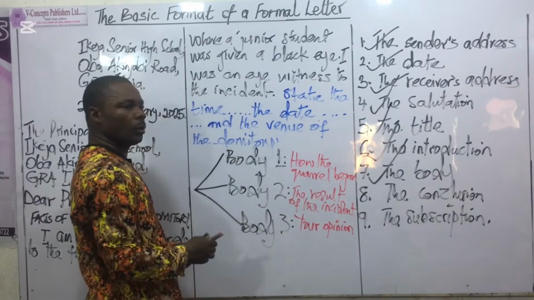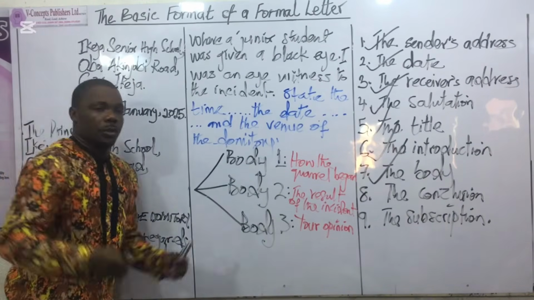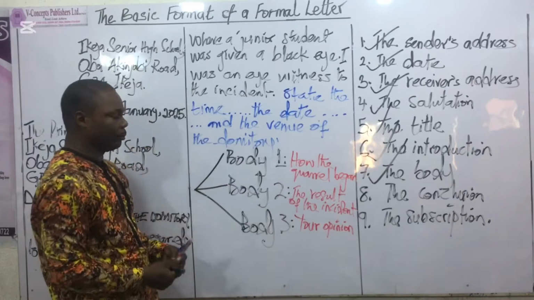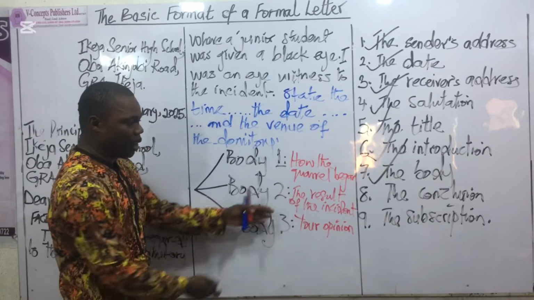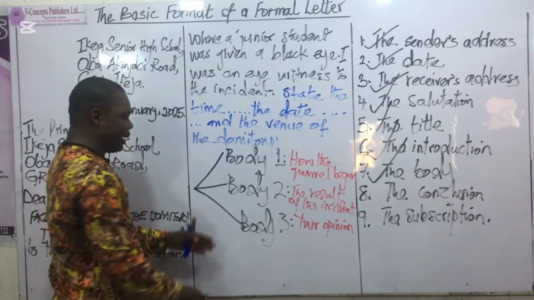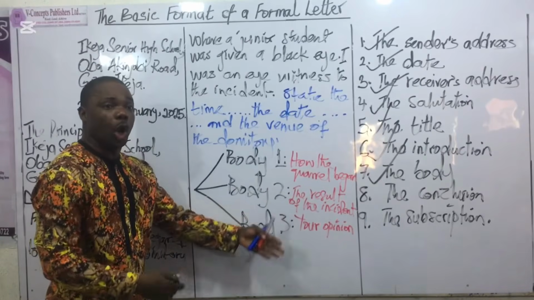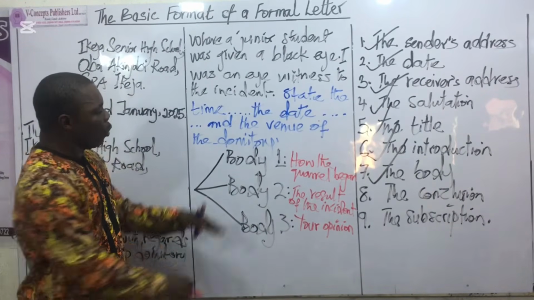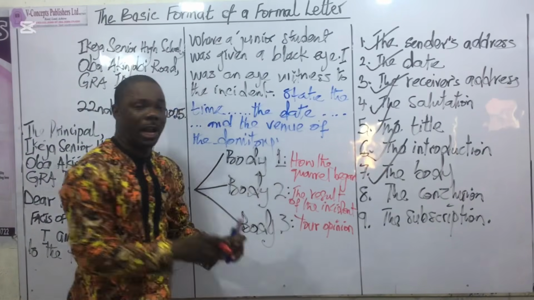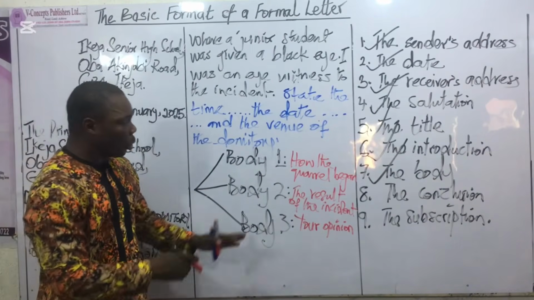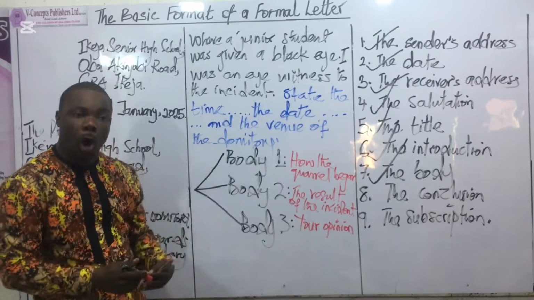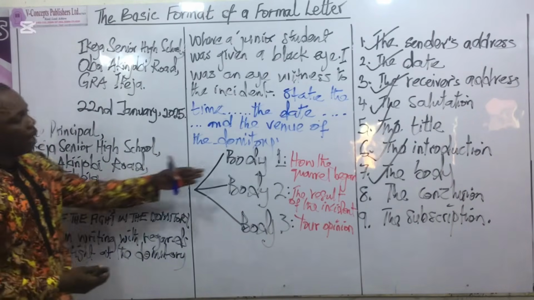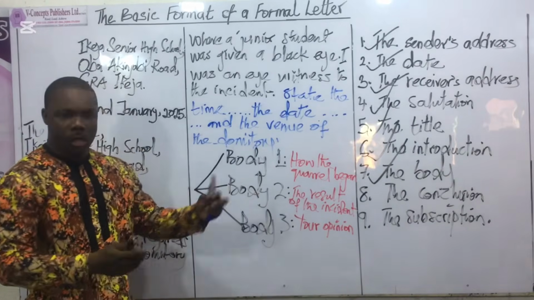Your opinion. So in body 1, you can explain how the quarrel began. Then in body 2, you can talk about the result of the incident. Then body 3, you can talk about your opinion about the entire incident. So with this, you would have been able to capture a good body part of the formal letter that you are writing to your principal about the quarrel in the